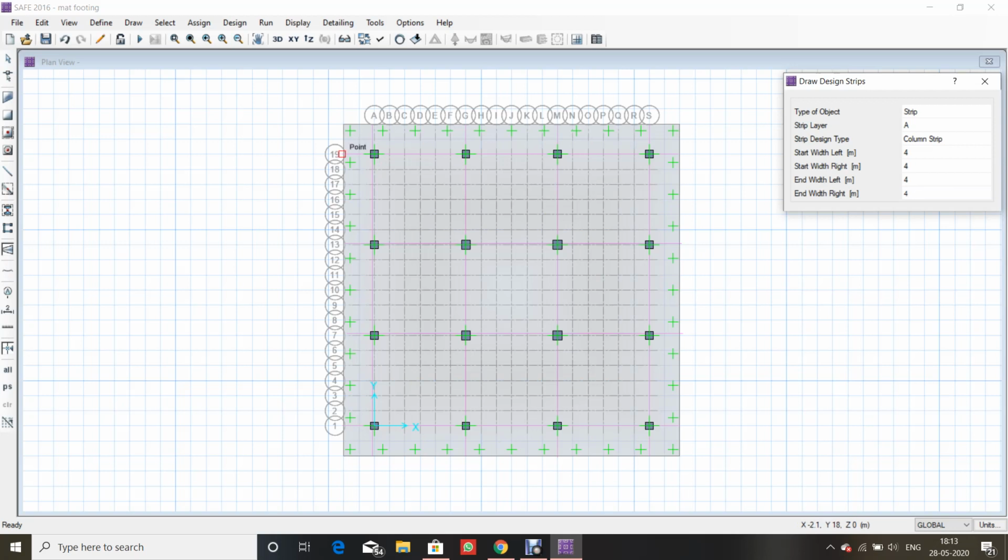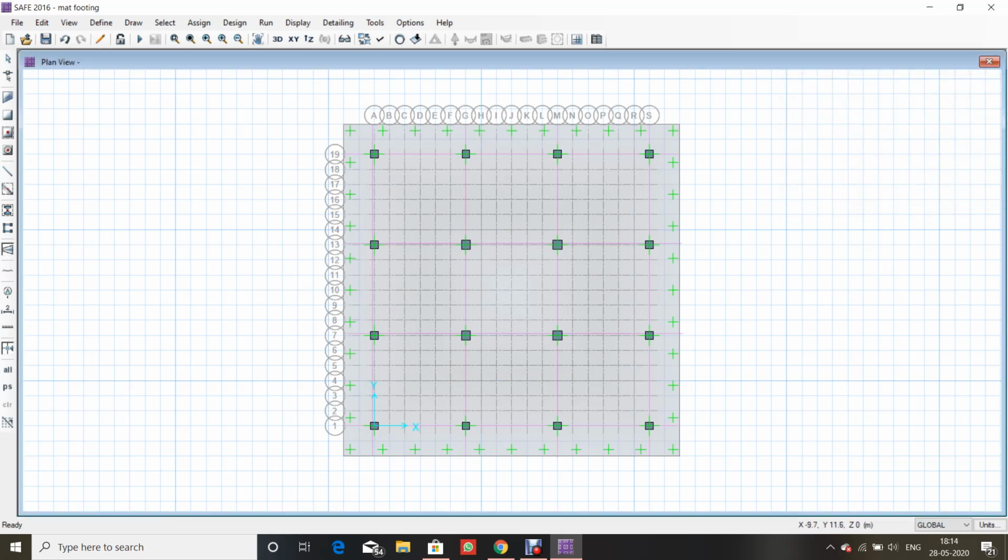Then we select this point and then this point. Using this we have drawn the strips in A direction, and then changed it to B and drawn the strips between the columns in this direction.